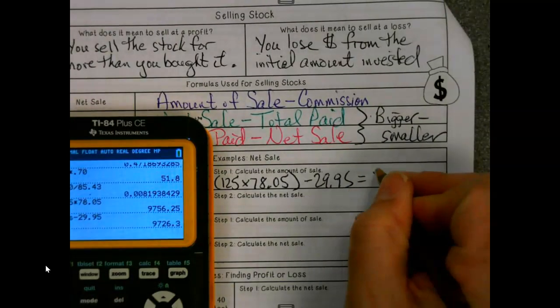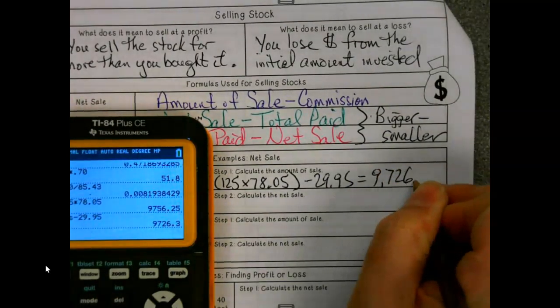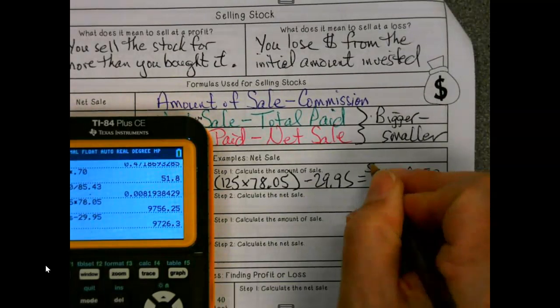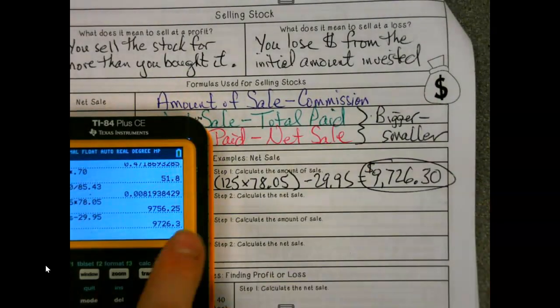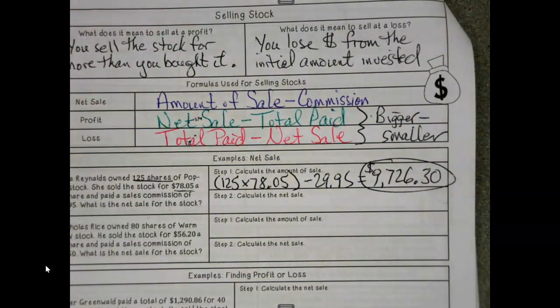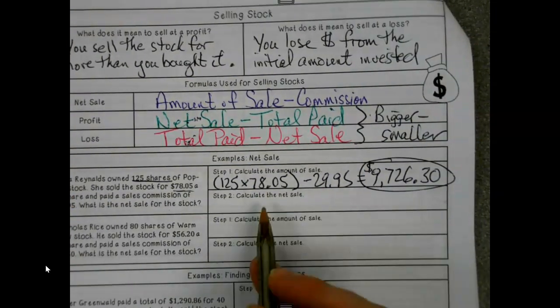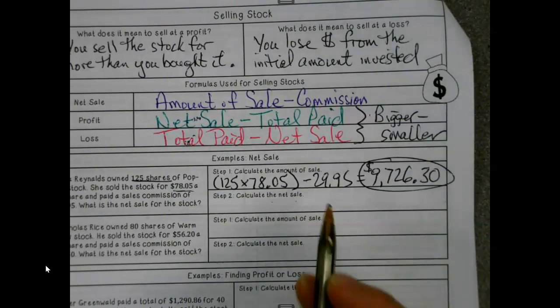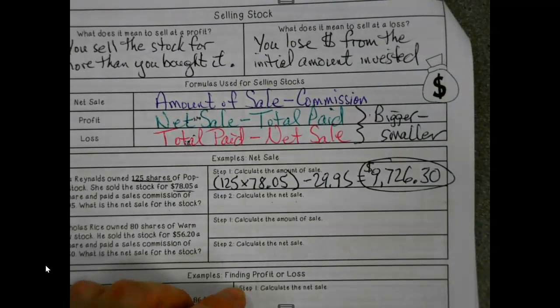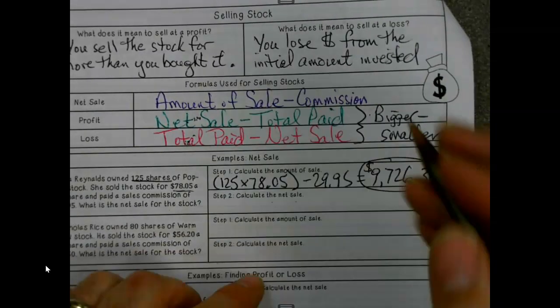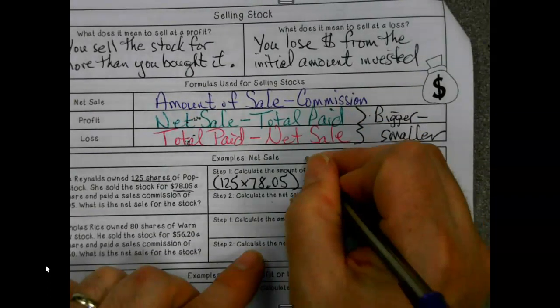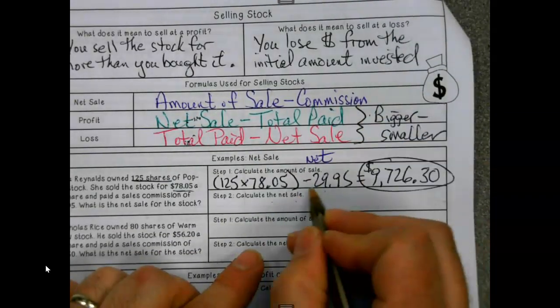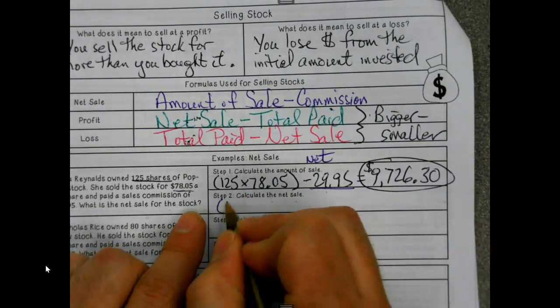and then subtract the commission, which again, it could be a flat fee like it is here. It could be a percentage of your sale. Something you're going to want to know about your broker before you start buying stuff. So then my net sale, when I'm looking at this, oops, I went too far, didn't I? I just did net sale. We're going to switch these around. This is the net sale. I added the commission in. Goofy man.